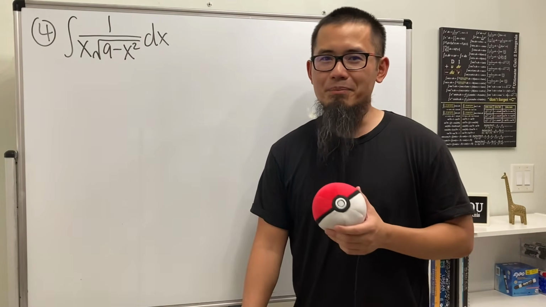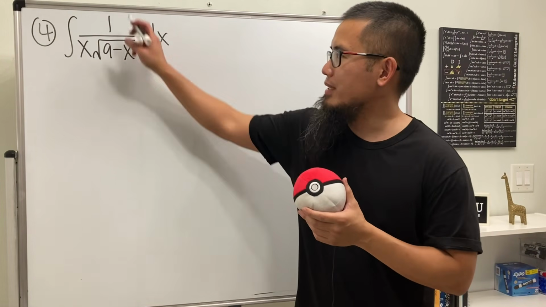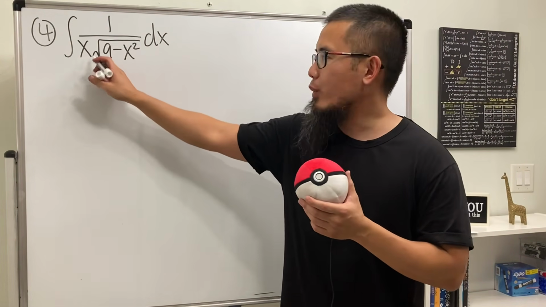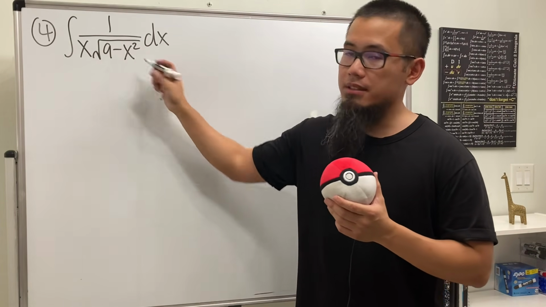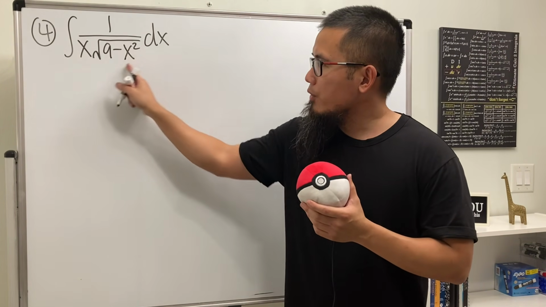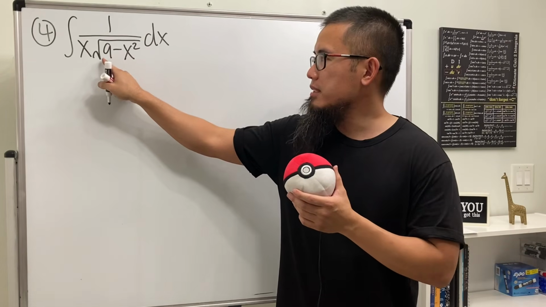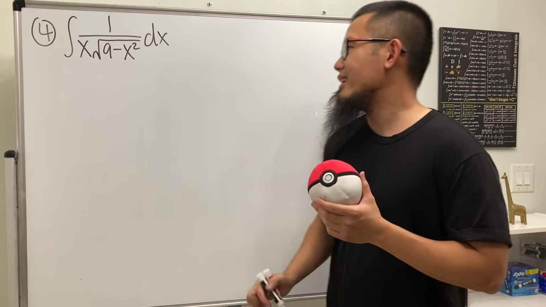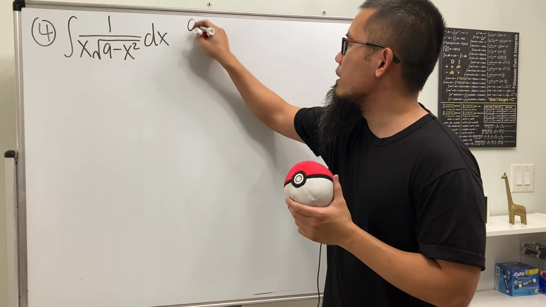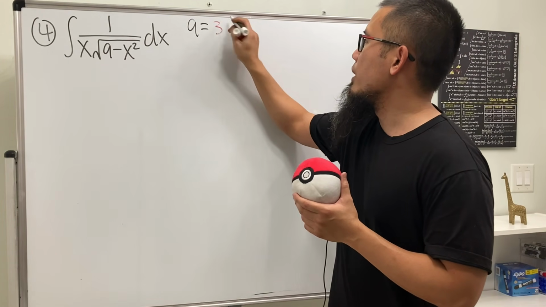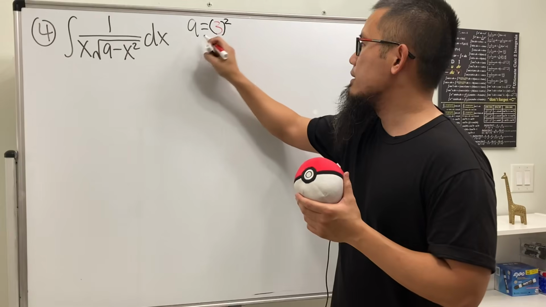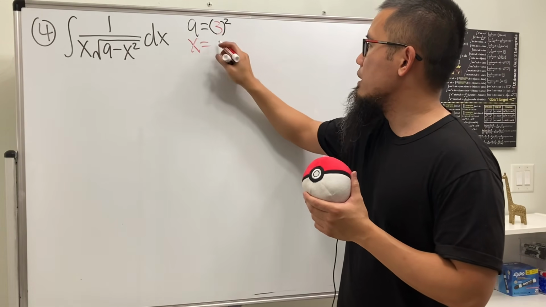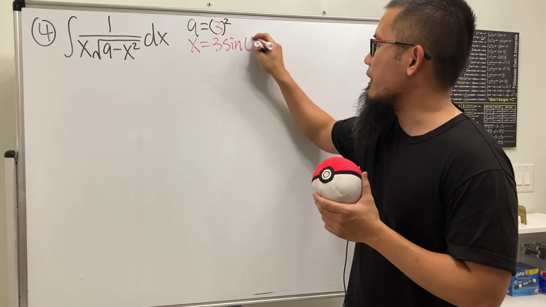But it's okay, this is number 4 already. Here we have to integrate 1/x times the square root of 9 minus x squared. So focus on inside of the square root. This is the 9. Well, that means a is equal to 3. So let me just write that down real quick. 9 equals 3 squared. Alright, so we are going to let x equal 3 times sine theta, and then do